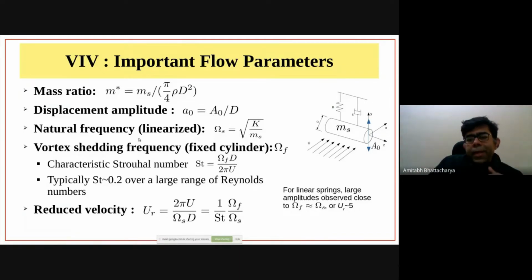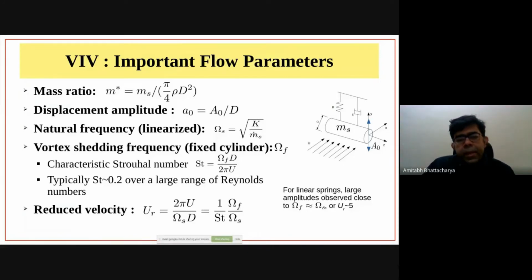Natural frequency, or the linearized natural frequency, is also very important. When I say linearized, I'm of course implying that when your spring becomes non-linear, there needs to be some way to characterize the natural frequency. One way to do it is to look at the very, very small oscillations around the equilibrium state, and the natural frequency based on those very small oscillations is the linearized natural frequency, which is this omega s. That is of course the square root of k by ms,